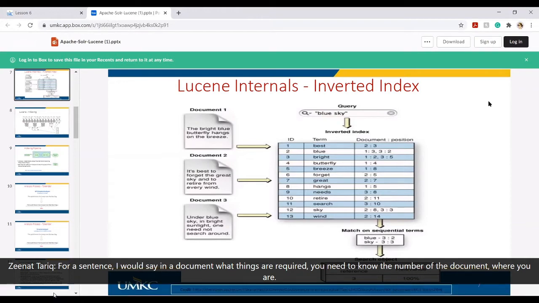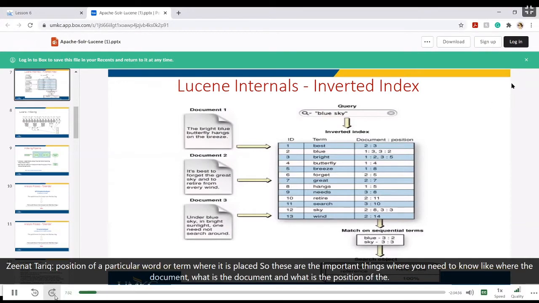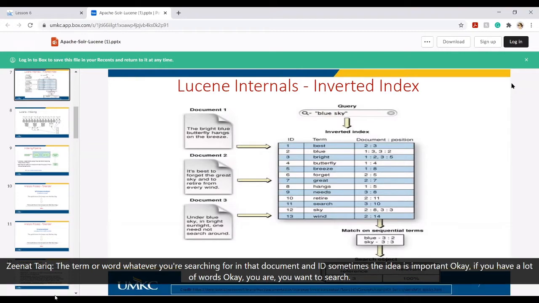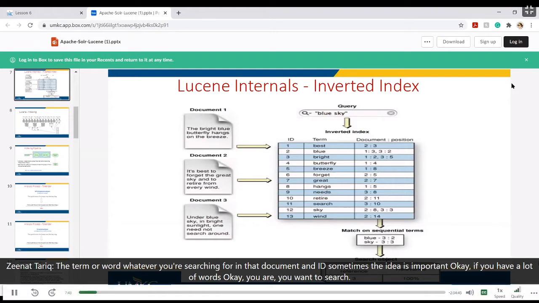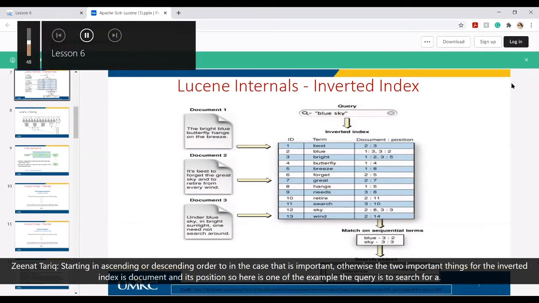You need to know the ID of the term or word you are searching for in that document. Sometimes the ID is important, if you have a lot of words and want to search in ascending or descending order. Otherwise, the two important things for the inverted index are the document and its position.